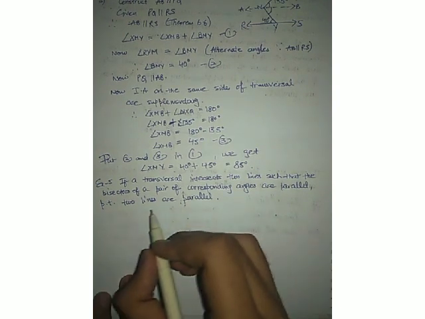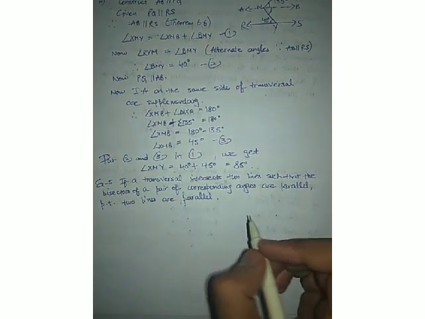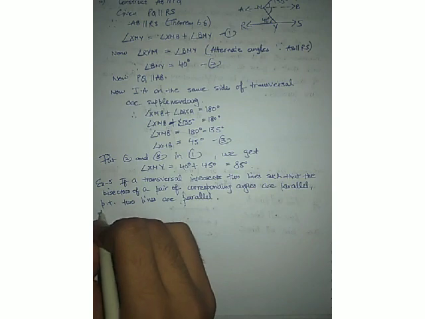So are you ready to move to example 5? Let me tell you that in this example no measurement is given, so that's why I have not drawn the diagram already. I'll be drawing the diagram simultaneously along with reading the example. If a transversal intersects two lines, these lines are not necessarily parallel. Transversal is intersecting the lines. Now suppose that the lines are AB and CD, and the transversal is MN.